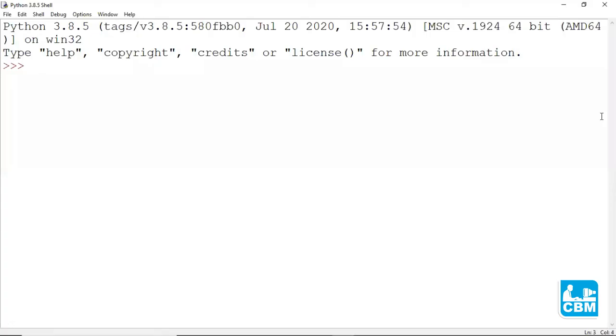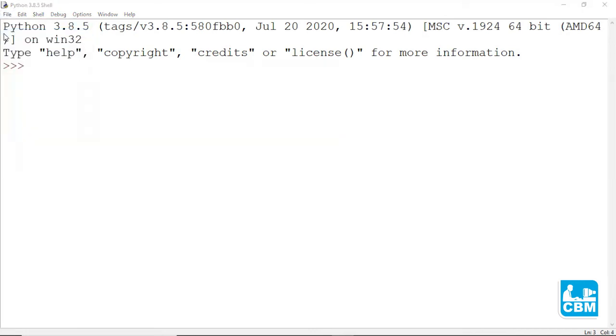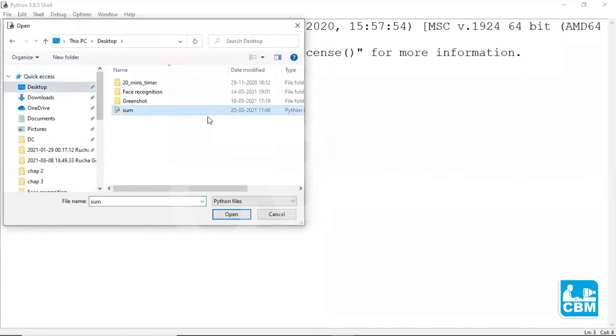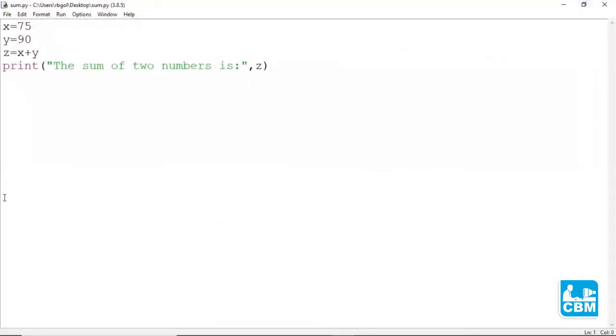Now let's try to run the file that we had previously saved. So open IDLE Python, go to File and click on Open. Now select the file that you need to open and click on the Open button. So this is the file that we had previously saved.